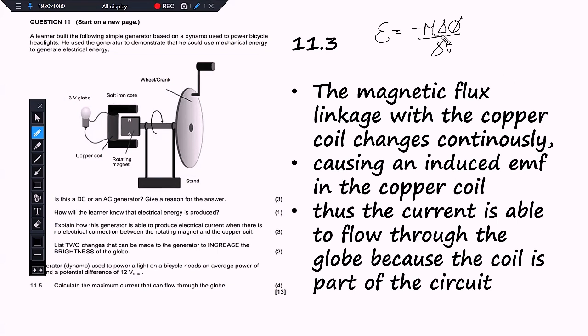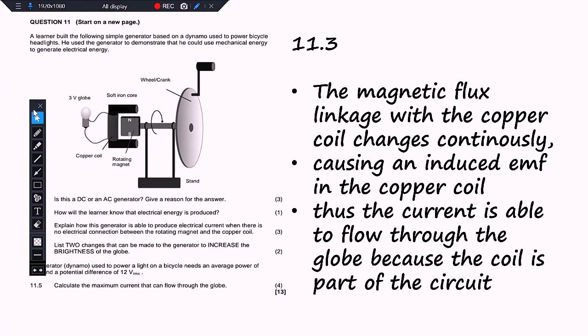So we explain that the magnetic flux linkage induces an EMF in the coil. And since the EMF is induced, that means the current will also be able to flow through the globe because now the coil is part of the circuit, right? Okay, then let's now proceed